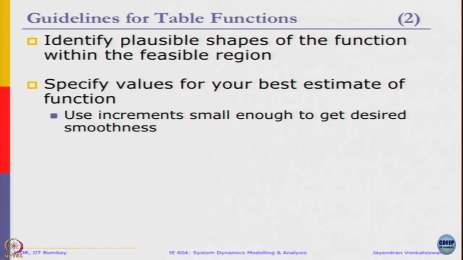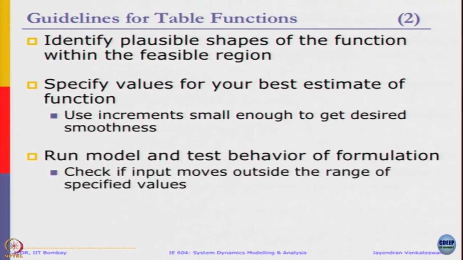Once we do that, then we start to identify possible shapes of the function within the feasible region. Then we specify values for our best estimate of the function. Use increments small enough to draw the shapes and get the desired smoothness. Then, based on that, run your model and test behaviors for the various formulations. If you have a couple of different curves, we can simulate and see whether the behavior changes drastically based on that